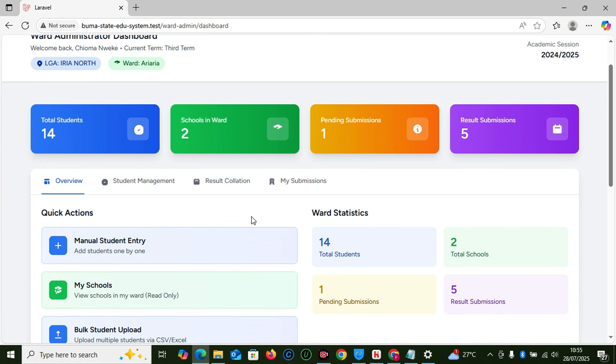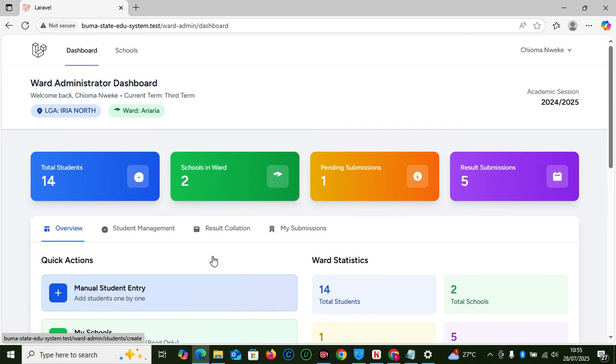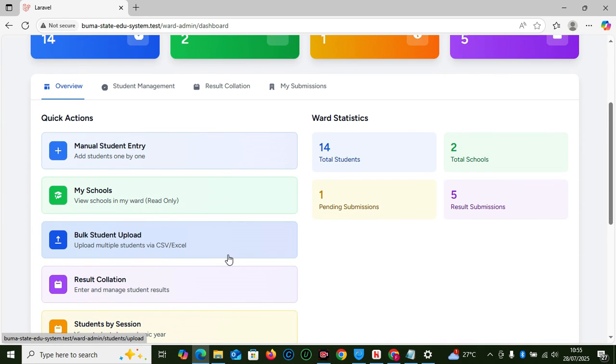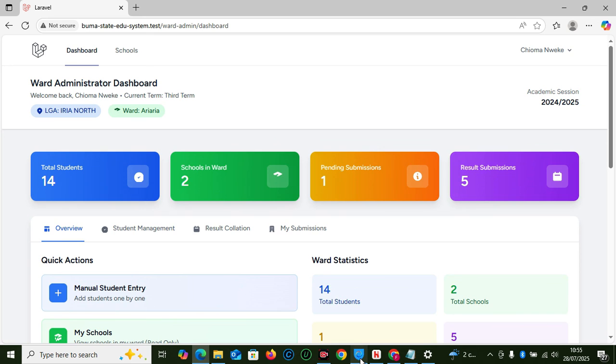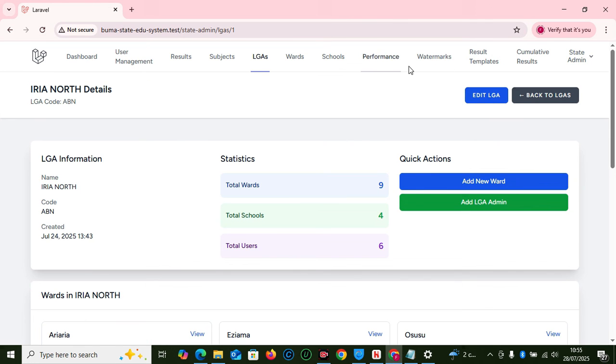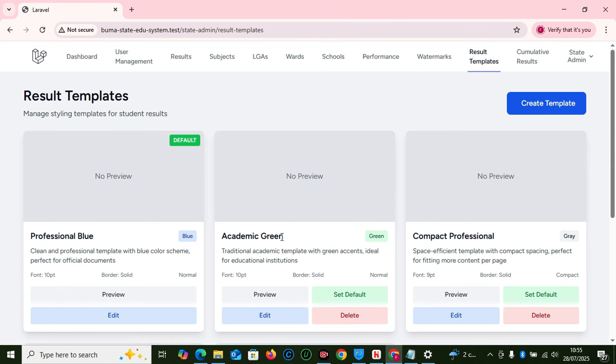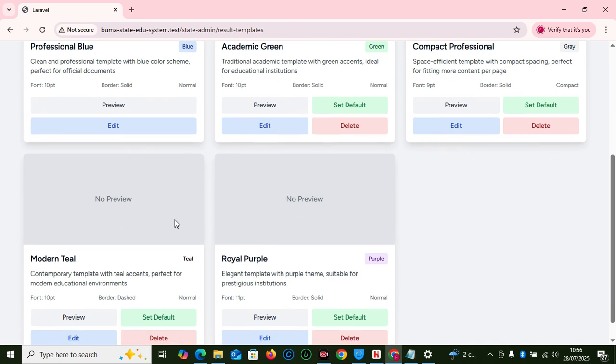Wow, we have covered a lot in this video, and this educational management system represents the future of education administration. What you have seen so far is a complete multi-tier administrative system, advanced template management with real-time customization, professional result presentation, a multi-level ranking system, and comprehensive analytics. The print optimization, the robust security, and the scalable architecture. If you are interested in implementing this system in your institution or want to contribute to its development, here is how you can reach me